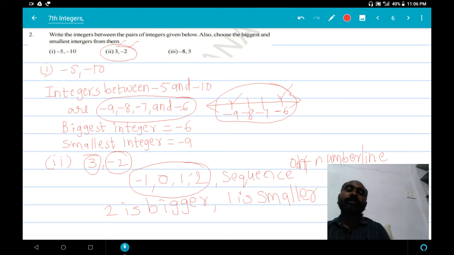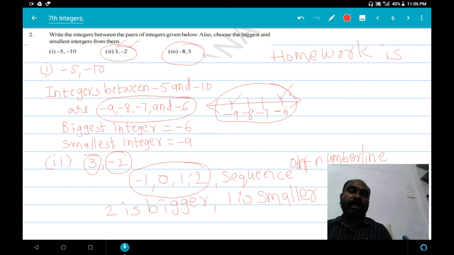Okay, next, the third one: minus 8 and 5. So from these problems, 2 problems are completed. The third one is left for homework. So your homework from this bit, homework is